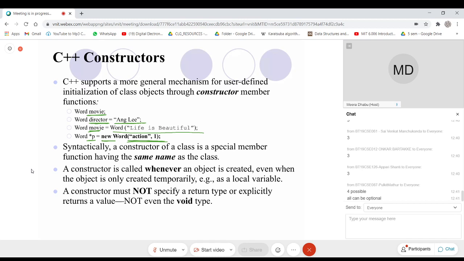In other words, syntactically, a constructor of a class is a special member function having the same name as that of the class. Try to remember that it will be invoked only when that object is being created for the first time.